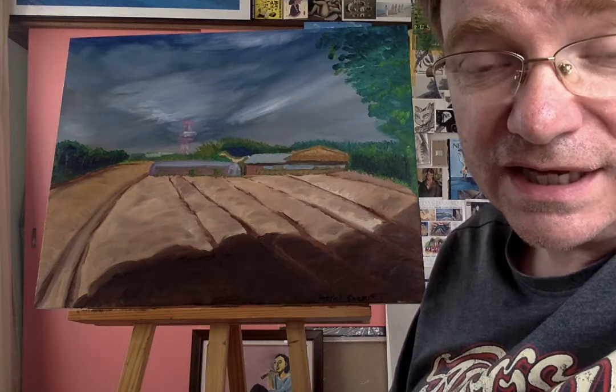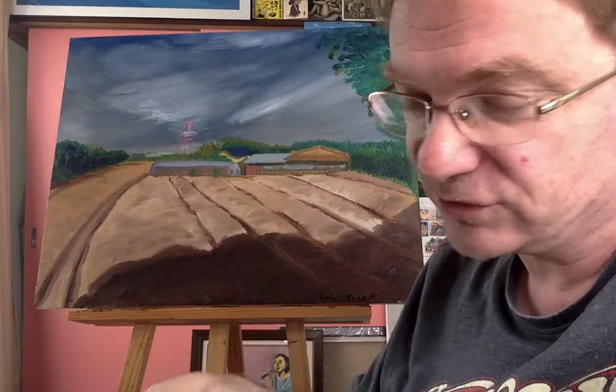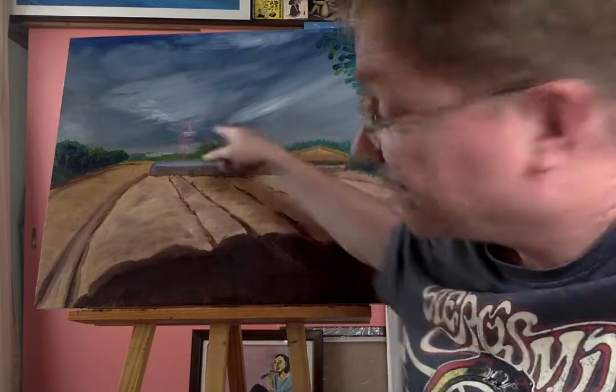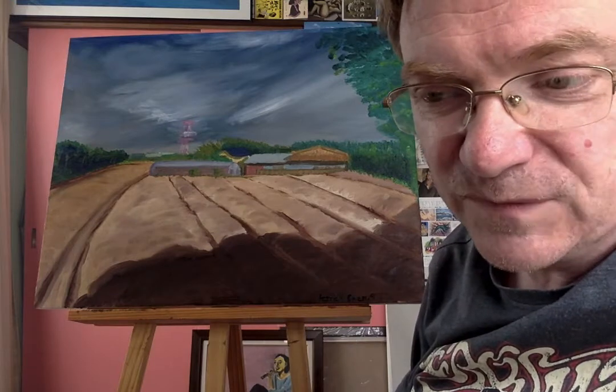So it's fairly realistic, but also imaginary as well. And as a picture, it works quite well. The first thing I did was I painted the sky blue, French marine blue, and put in dabs of white for the clouds, and enjoyed doing the brushstrokes, feeling the inner John Singer Sargent in me, like that. I did have a picture reference of the sky, and I'd roughly followed it, but I thought more about the composition of the picture, and that's perhaps what makes it good, if it is any good. All of the lines, including the clouds, go to one focal point, and in the focal point, just there, is a whopping great electricity pylon, which I put in there impressionistically,